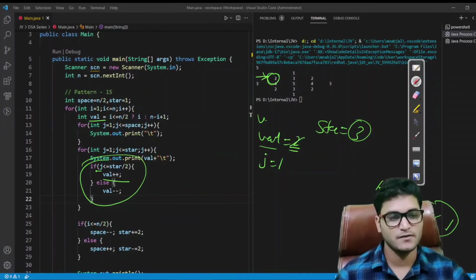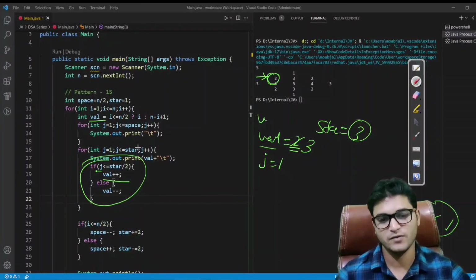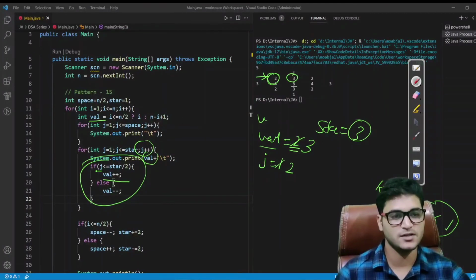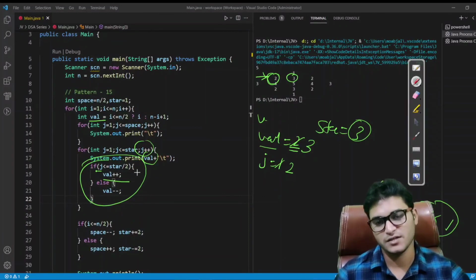So it will increase the value of this by 1, and loop will again come here and will check, the value for j will be incremented. Now this will be 2. So 2 is less or equal to 3. So this will enter the loop again, will print the value of val. So it has printed 3, you can see here. Now it will check this condition.